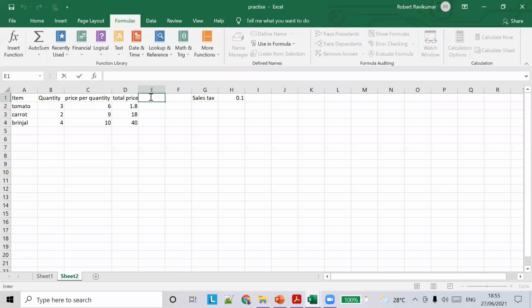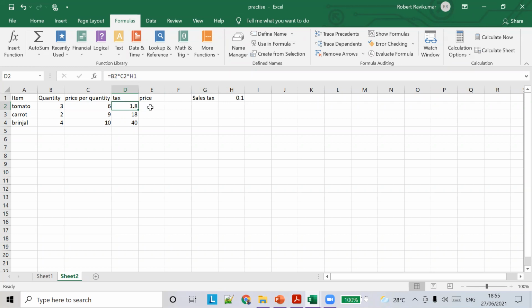What I'm going to do is price is equal to... now we are calculating the tax for this particular item we bought. The tax will be the price into some percentage, 0.1.